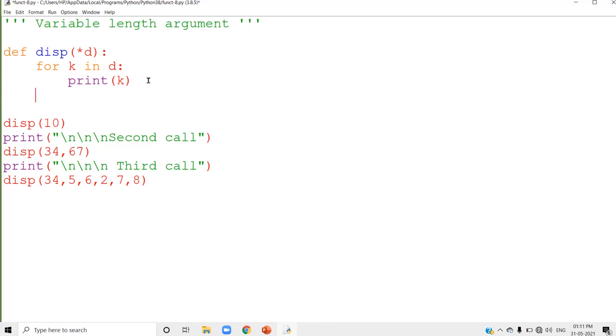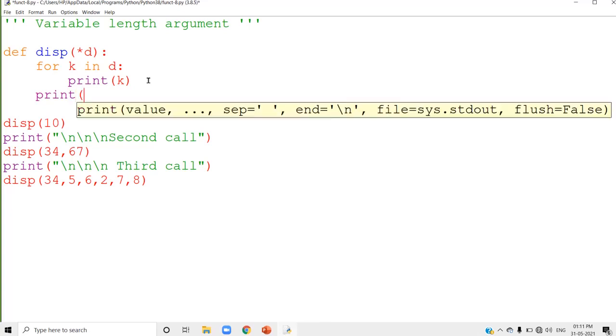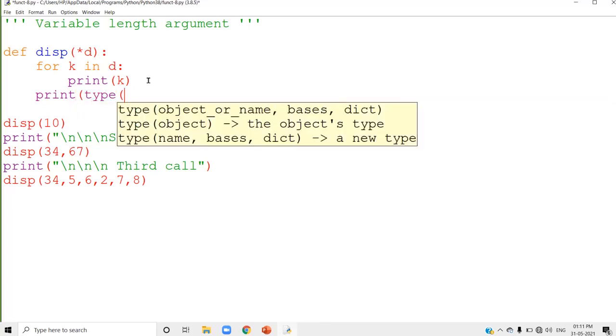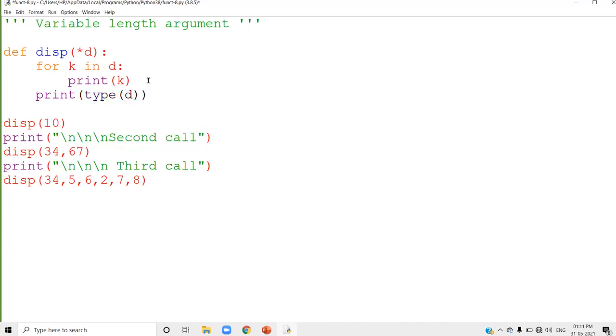When you use a star sign in the formal argument, what is the data type of that variable? What type of variable is that? We can find out by using the type method. We studied the type method in 11th standard. Type of D. Just check how this variable can store multiple values.